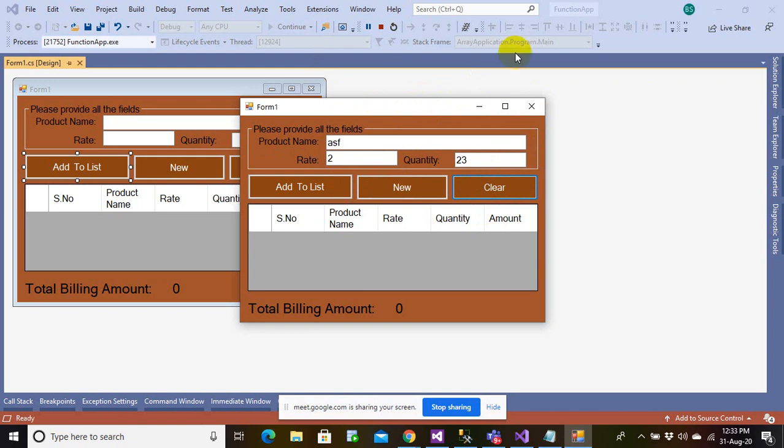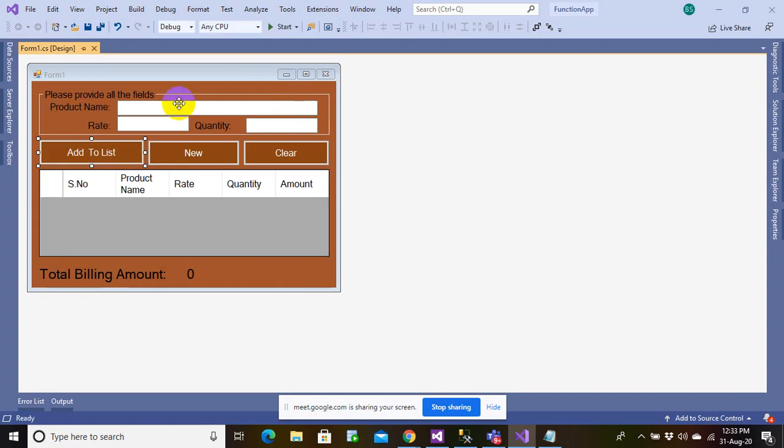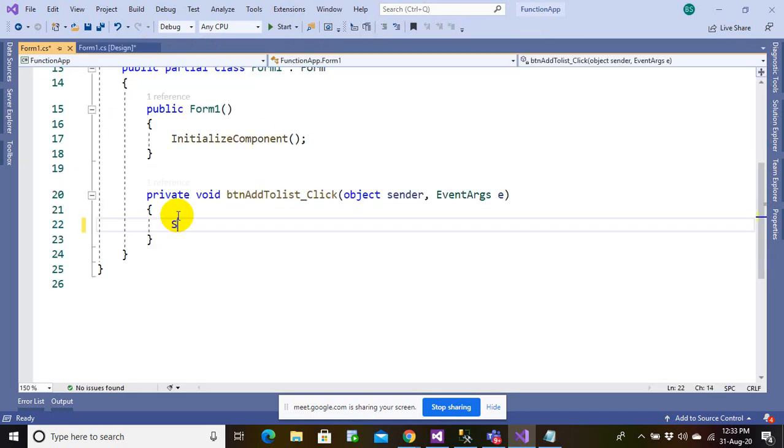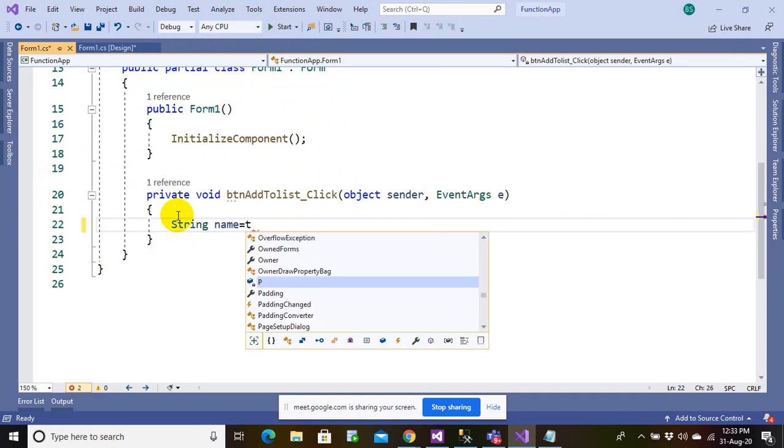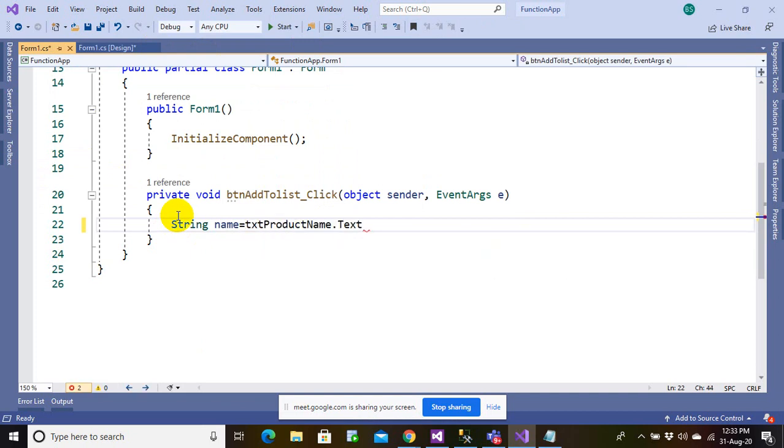So let's see how we can actually use a small function here to do some work. So let's get started now, everyone. So let us click on the add to list button. Let's read the product name. Double rate equals to